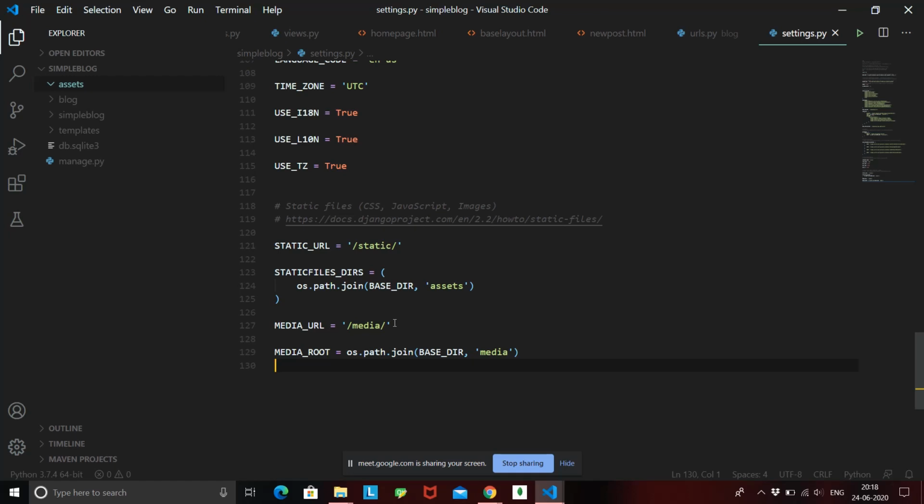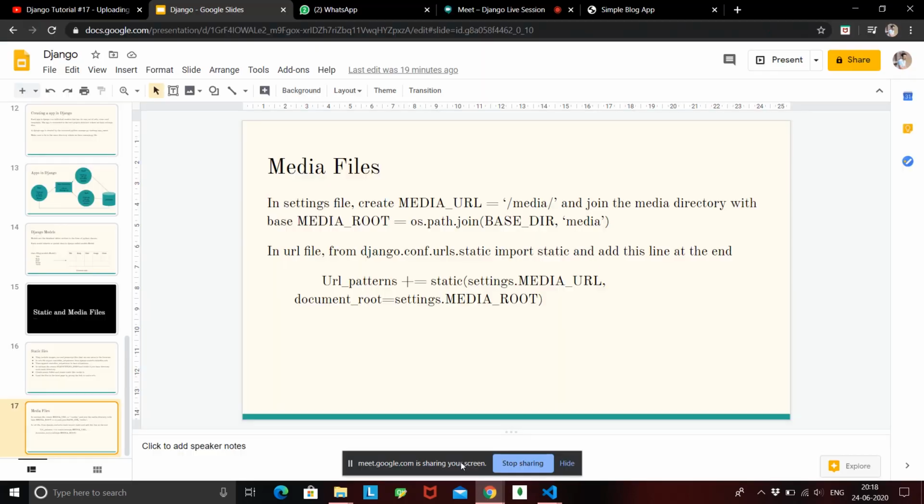Same thing we did with static files, we are doing with media files. We created a URL, we created a directory, and we joined that directory with the base directory. Then the next thing is to create that directory, but before that there are some other settings.